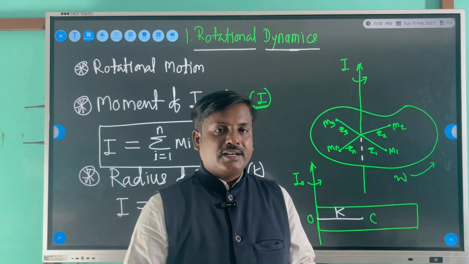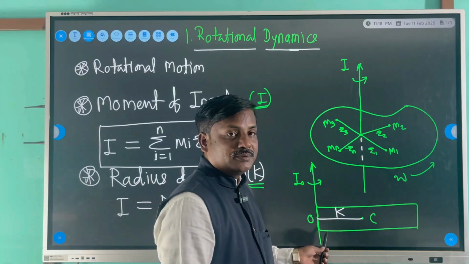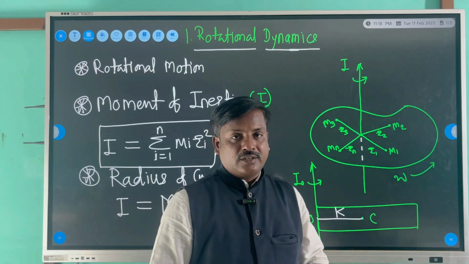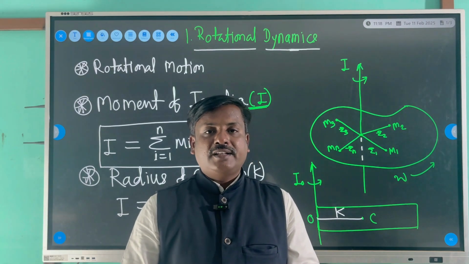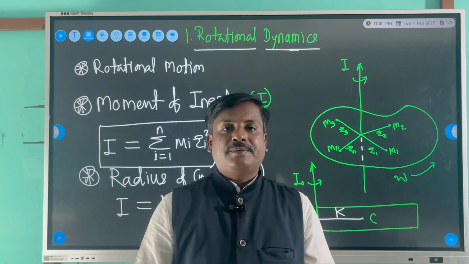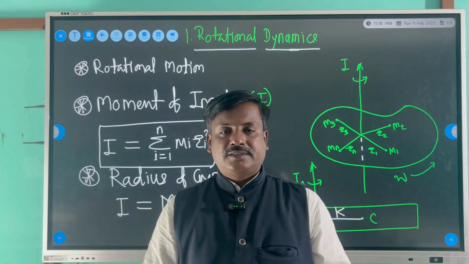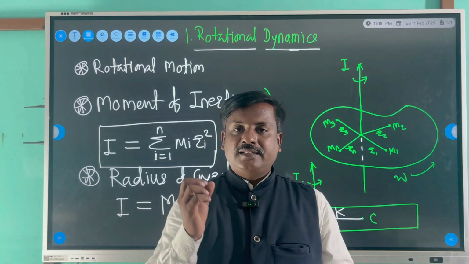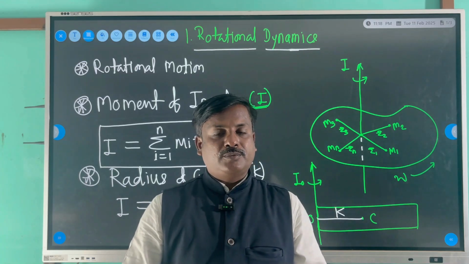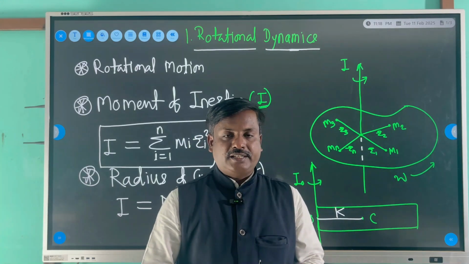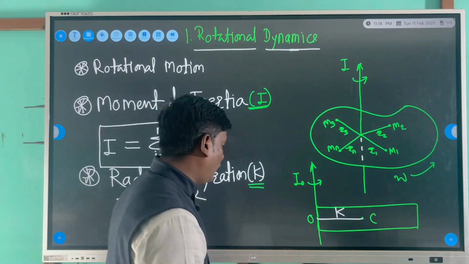नेक्स्ट टर्मिनॉलॉजी आहे रेडियस ऑफ गायरेशन. व्हॉट इज मीन बाय रेडियस ऑफ गायरेशन? इट इज द परपेंडिकुलर डिस्टन्स बिटवीन ॲक्सिस ऑफ रोटेशन अँड सेंटर ऑफ मास. So, radius of gyration of the rigid body can be defined as the perpendicular distance between axis of rotation and the point at which whole mass of the body is supposed to be concentrated. लक्षात आलं? नेक्स्ट बघू आपण